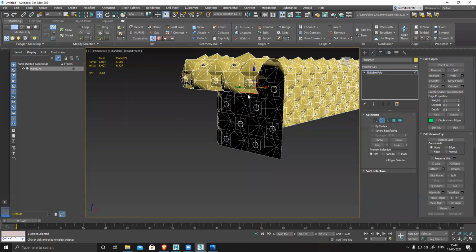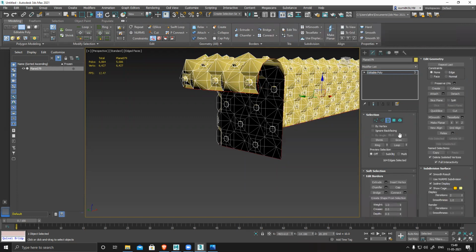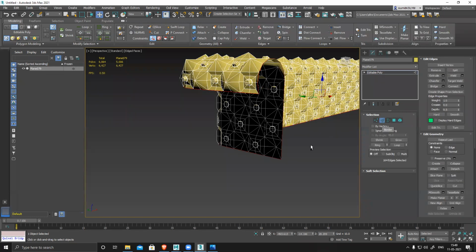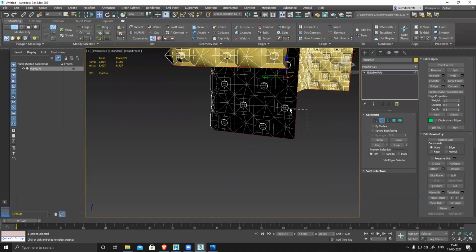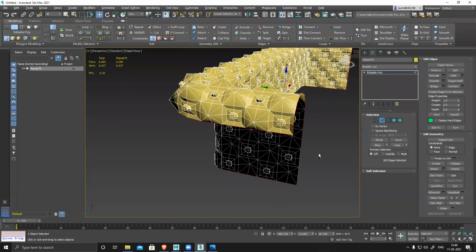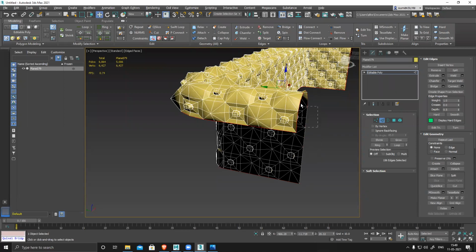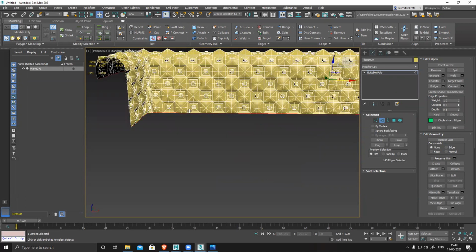Now, edge, I can select the entire border and control-click on the edge and make sure to deselect all these, and this base also, deselect everything.